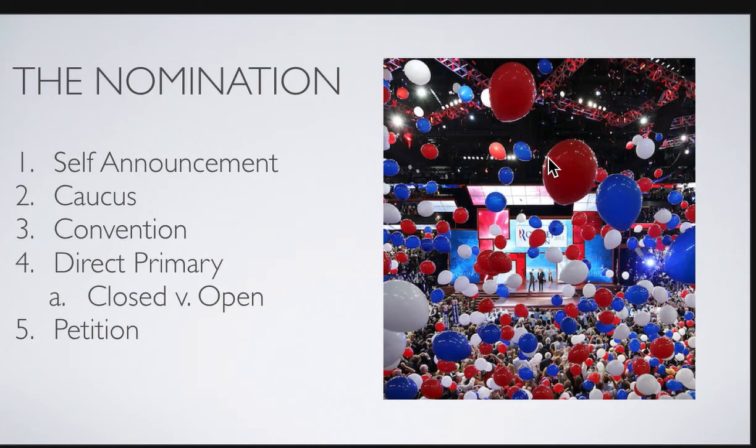Now, a convention is a little bigger meeting. A convention is where you're going to have local party members elect delegates. There's another term that you need to make sure that you know. The term was delegate. A delegate is somebody that represents those local members. And the delegate goes to the convention. And it's their job then to represent the people back home and tell the convention who the people back home want to have on the ballot.